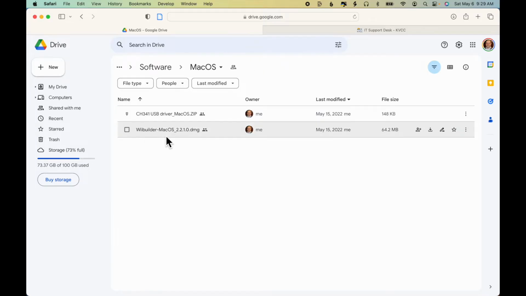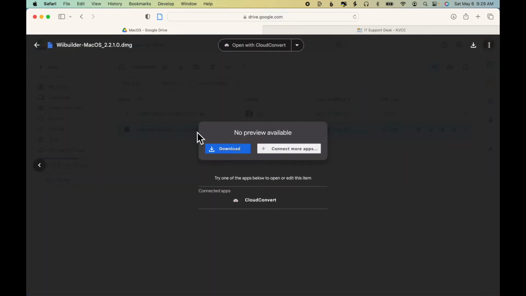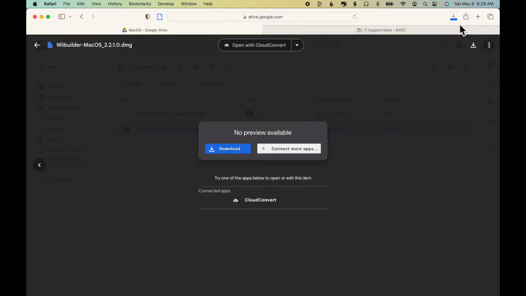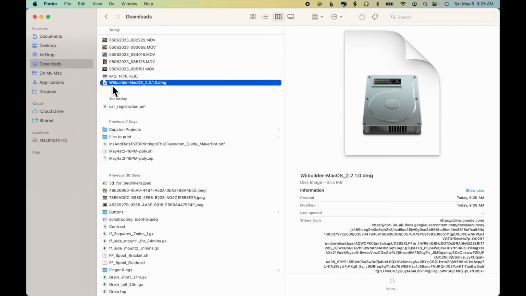And the file that I need is the Wiibuilder Mac OS 2.2.1. That's the installer for the software, so I'll double click and click download. I will click download anyway, and you can see the file has downloaded. When I look at my downloads folder, I can see the Wiibuilder Mac OS 2.2.1.0 DMG. I'll double click this file,